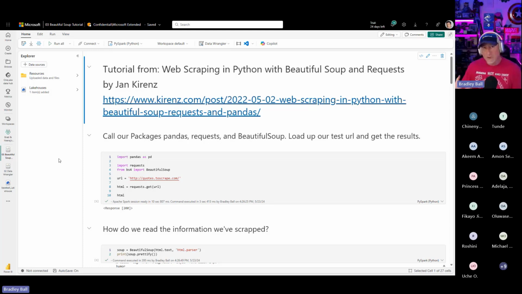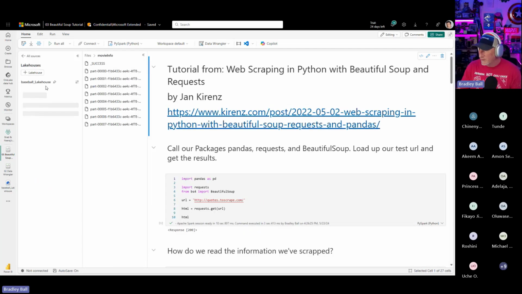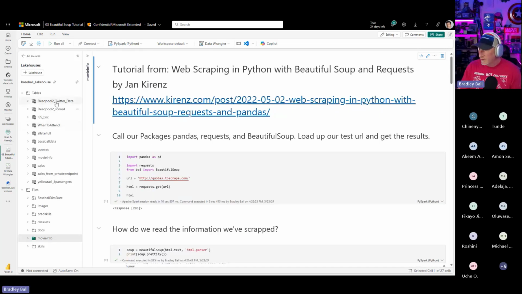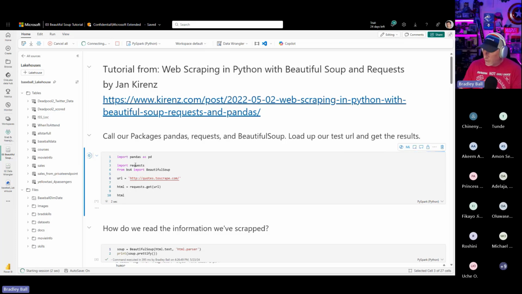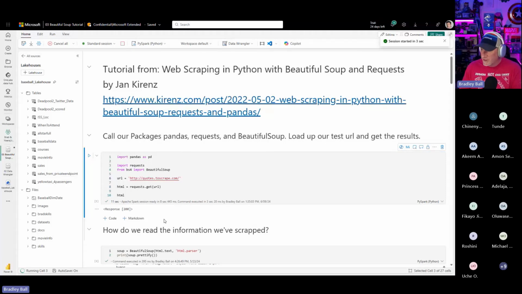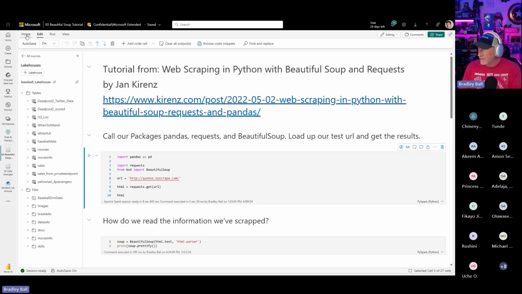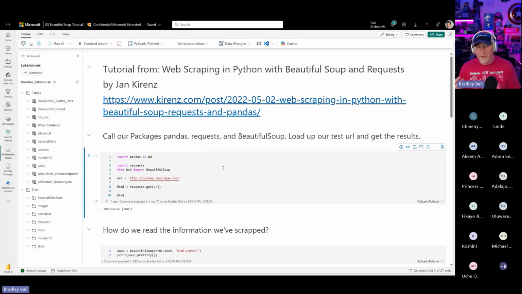What we're going to do is scrape data, and then collect and utilize that data. So we've got our lakehouse right now. I'm going to come up here to my tables, and I'm going to execute this first one. What this does is an import pandas. We're going to do a request. We're going to get a get response request from the URL, which should give us a response 200. I'm just going to clear the outputs real quick because I just realized I had not done that. So let me just run this one more time real quick. We get our response 200.